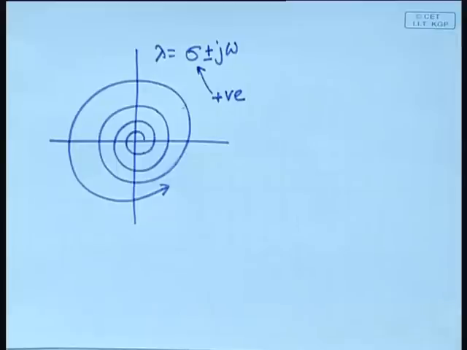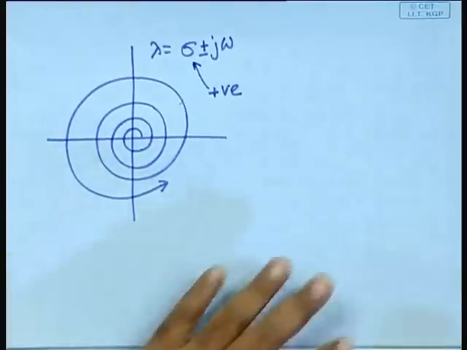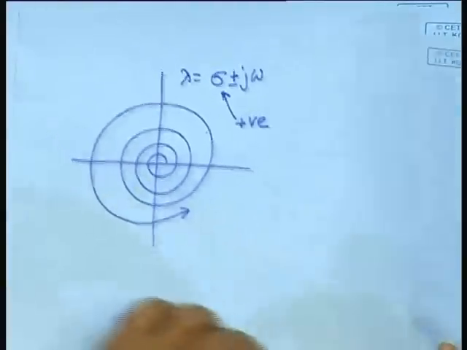Fine, are you through with it? Understood it correctly? So, you see we have more or less understood what kind of vector fields these complex conjugate eigenvalues give rise to. The starting point for this spiral would be dependent on the initial condition, yes, it will be dependent on the initial condition.